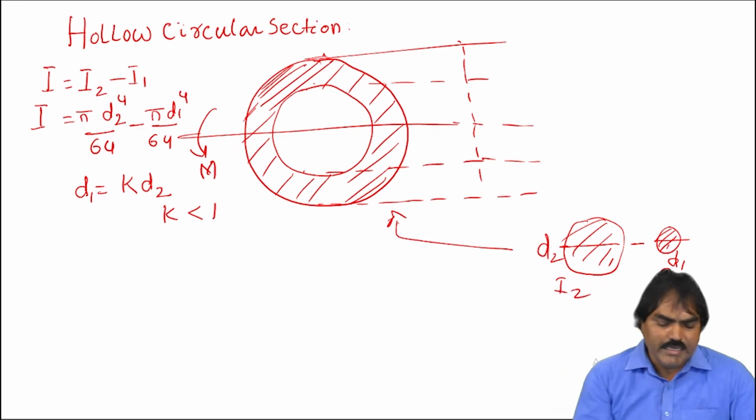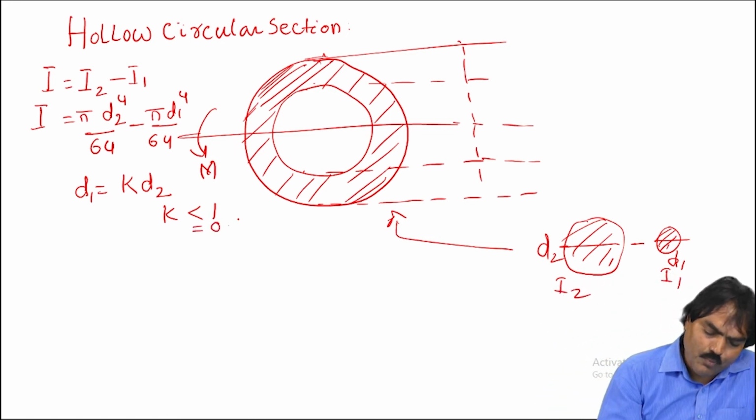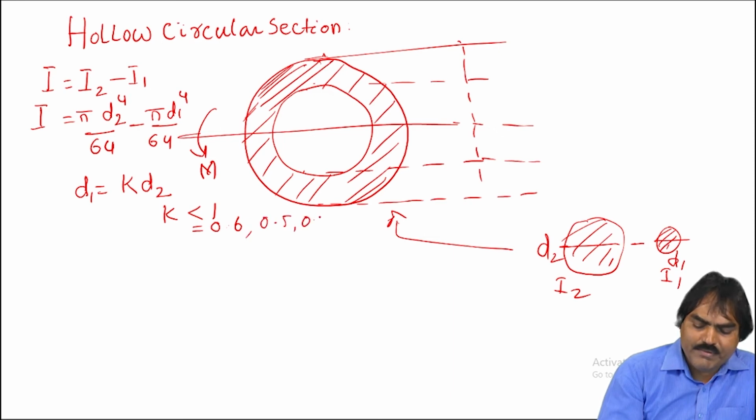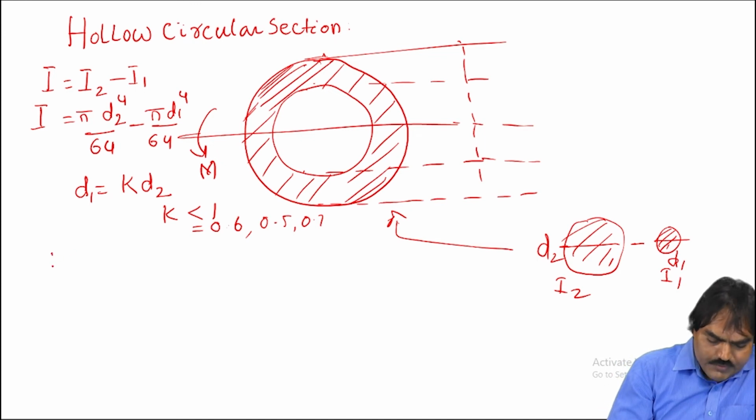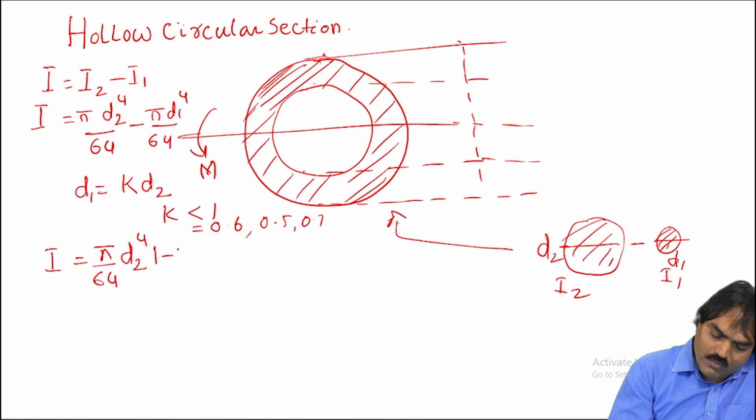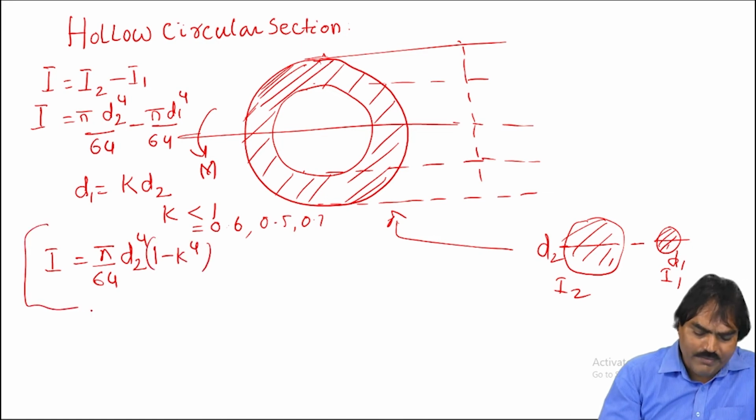Generally, it will be like 0.6 or 0.5, 0.7 like that. So now the I value becomes pi by 64 D2 to the power of 4 times (1 minus k to the power 4). This is the I value for a hollow section,